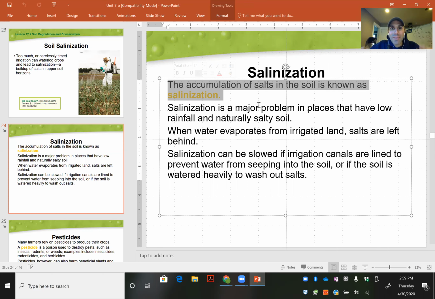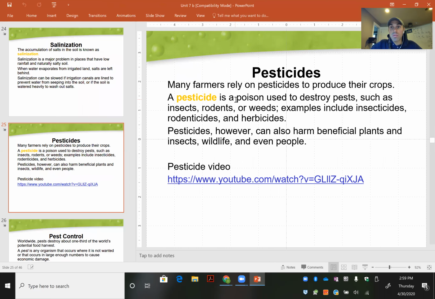Number 9, the end of the first page, pesticide use. So what exactly are pesticides? Pesticides are any poison that are used to destroy pests. Now, the pests can be organisms. These can be insects, rodents, weeds: herbicides, rodenticides, insecticides. Now, remember we talked about a narrow range pesticide, which really pinpoints one type of pest, and